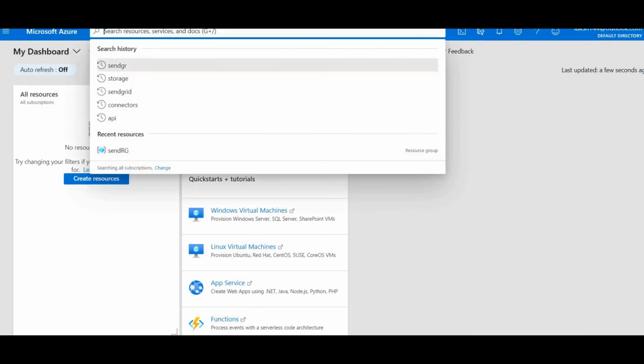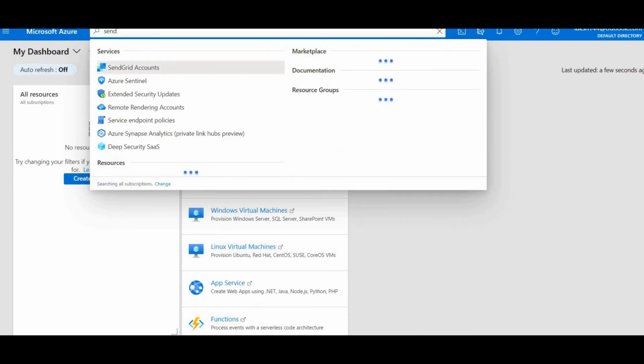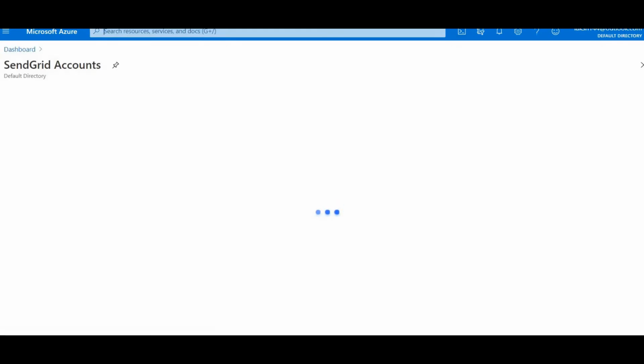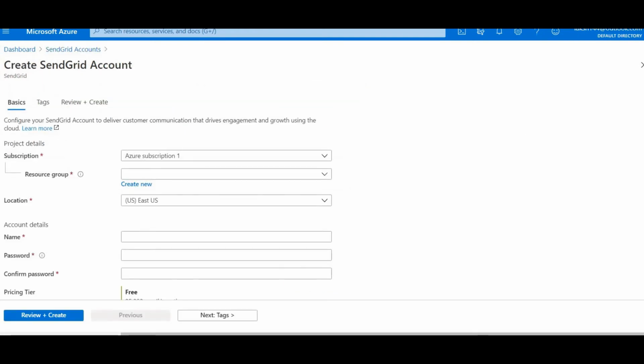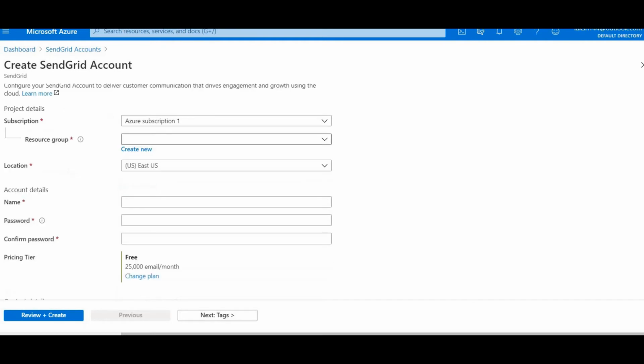So guys, we are in the portal and let me search for SendGrid. Create SendGrid account. Actually, I opened my portal in incognito mode, but it was showing some error, so I opened it in normal mode.